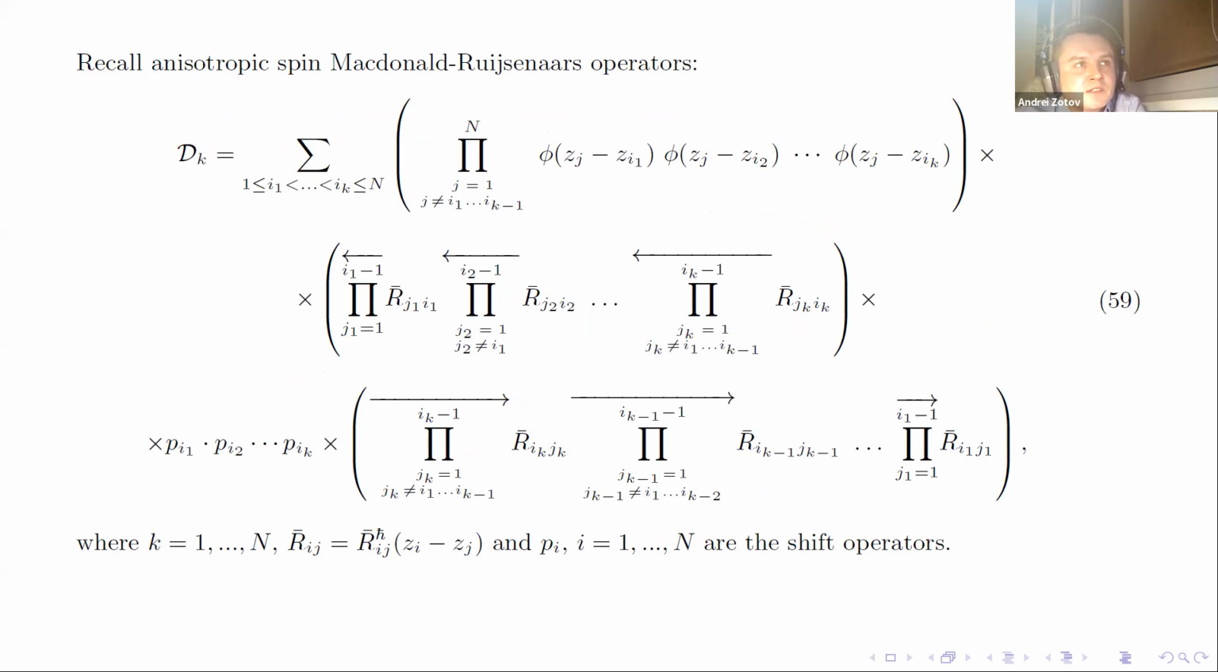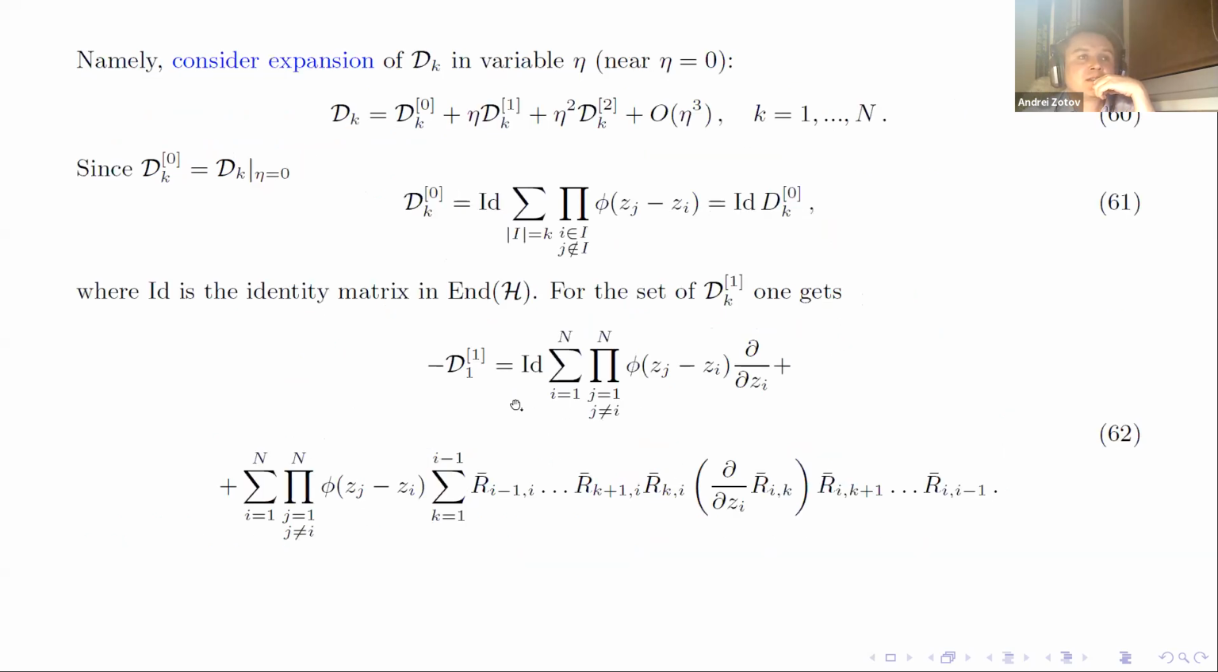I'm recalling that we obtained in the previous part of the talk a set of commuting spin operators, and now we're going to use the freezing trick to obtain the Lagrange spin chain. This can be done by considering the expansion of these operators in the variable eta. The variable eta is the one which stands in the shift operator. So you can consider this decomposition, and D0 here is just a product of functions, and D1 consists of a differential part and some matrix part, containing also derivatives of R matrices,